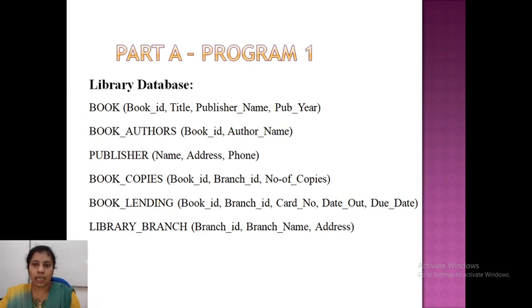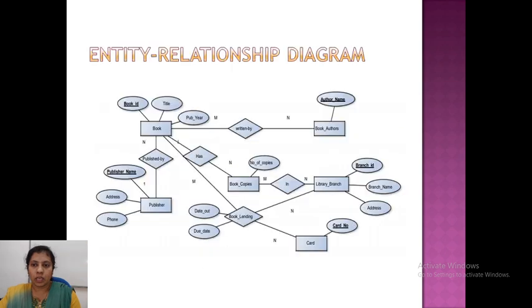While drawing the ER diagram, you have to take only the attributes which are explicitly related to that entity type. Now here for book entity type, we can put book ID, title, publication year. Don't add publisher name in book entity type. It is one of the properties of publisher. So here you include publisher name, address and phone number, and how these two are related. So book published by publisher, similarly book written by authors.